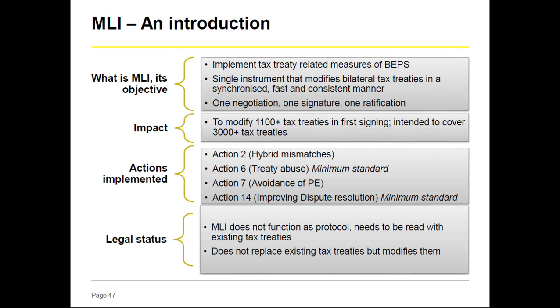And MLI is a multilateral instrument, a treaty or standard template designed to help implement the recommended measures to avoid tax treaty abuse. Countries will be able to use the MLI framework to implement some of the BEPS action plans relating to double tax treaties. In the coming sessions, we have a session regarding the MLI. So this is just an introduction.